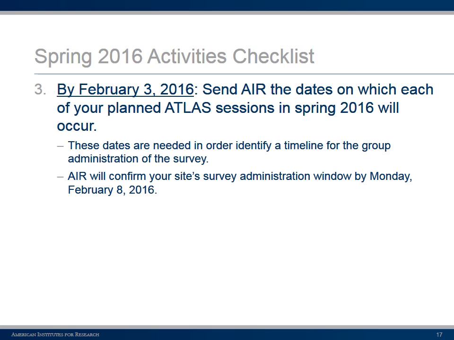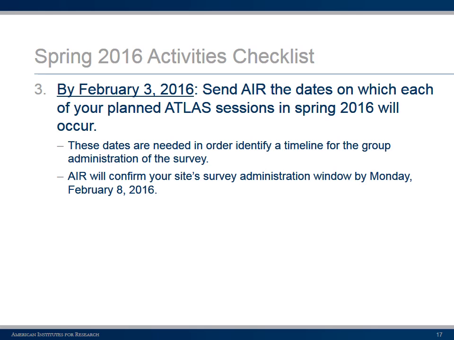So our checklist item number 3, we're asking that you send us dates on which your last planned sessions for Atlas will take place in spring 2016. And so we know that some of you only have group uses of Atlas planned, and so maybe this is your 4th or 5th, whatever it may be, MCAF cycle.